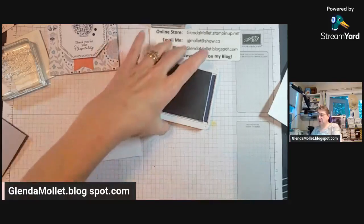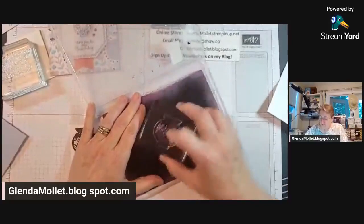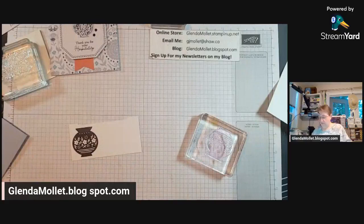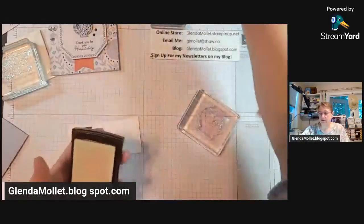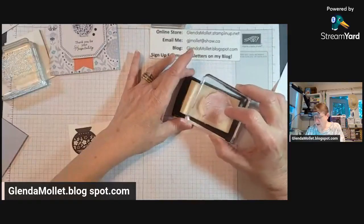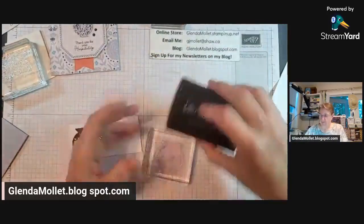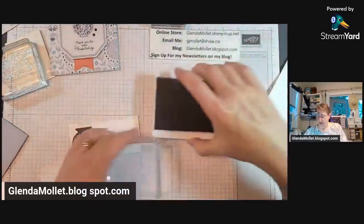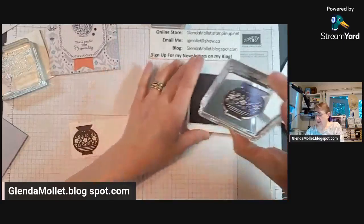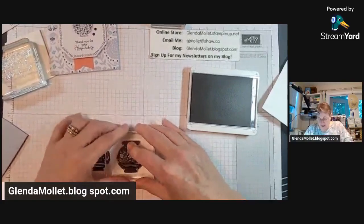You know about this trick to get photopolymer stamps to stamp solid? Versamark. Did you know Versamark? Have you used this before? So you just ink up your stamp with Versamark. And I don't know what it does, but apparently I've tried it a couple of times and it has worked. You're supposed to get a more solid stamped image, but I'm thinking that